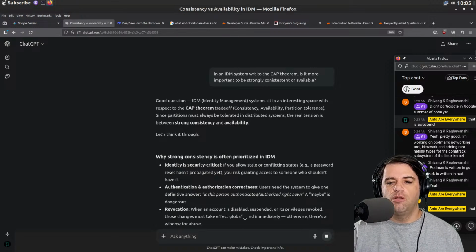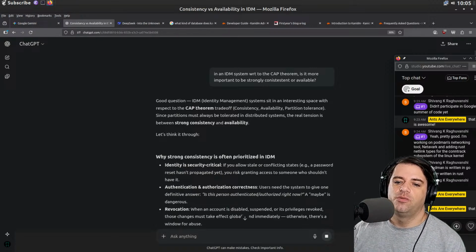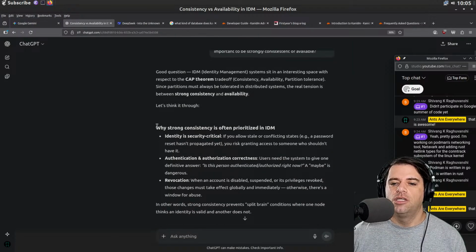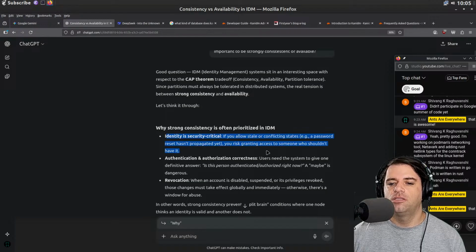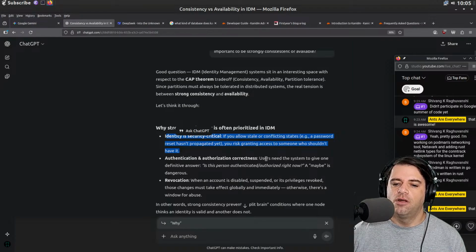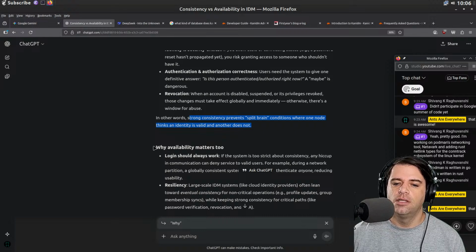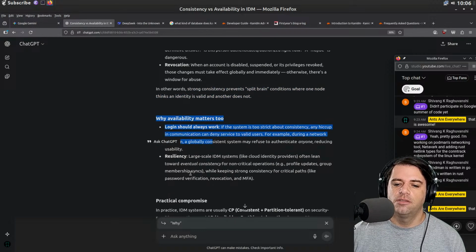Since partitions must always be tolerated in distributed systems, the real tension is between strong consistency and availability. Strong consistency is often prioritized in IDM. Identity is security critical. If you allow stale or conflicting states, for example, a password reset hasn't propagated yet, you risk granting access to someone who shouldn't have it. And then authentication and authorization correctness. Yeah. In other words, strong consistency prevents split brain conditions where one node thinks an identity is valid and another does not. Availability also matters, etc.